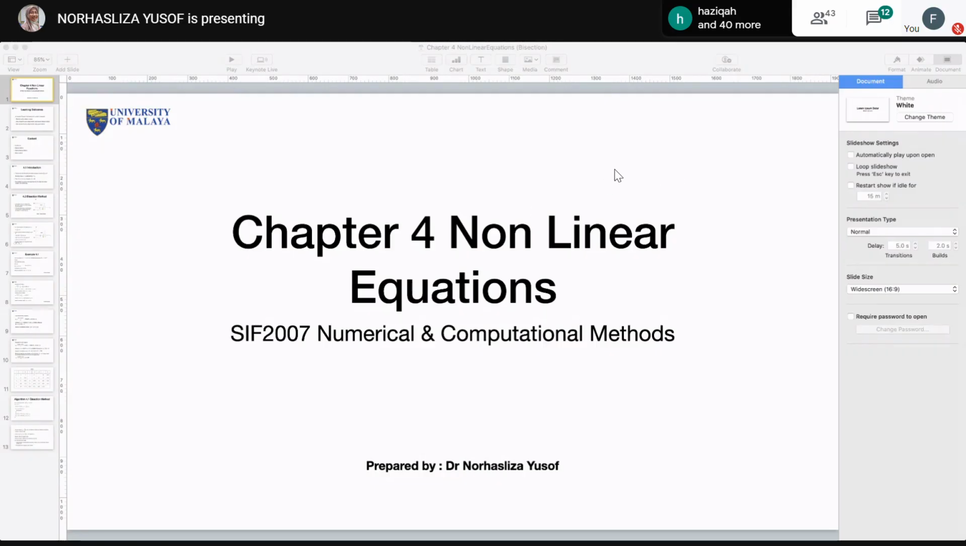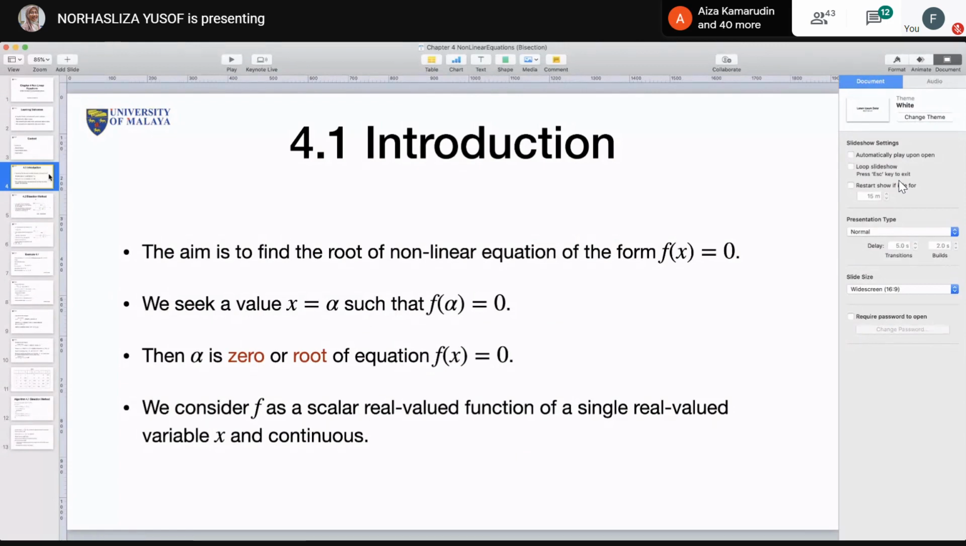Before we discuss the nonlinear method, what is the definition of nonlinear? For physics, most of our functions are nonlinear. Linear in this case is just a straight line, but nonlinear can be in various forms. In this chapter, our aim is to find the root of